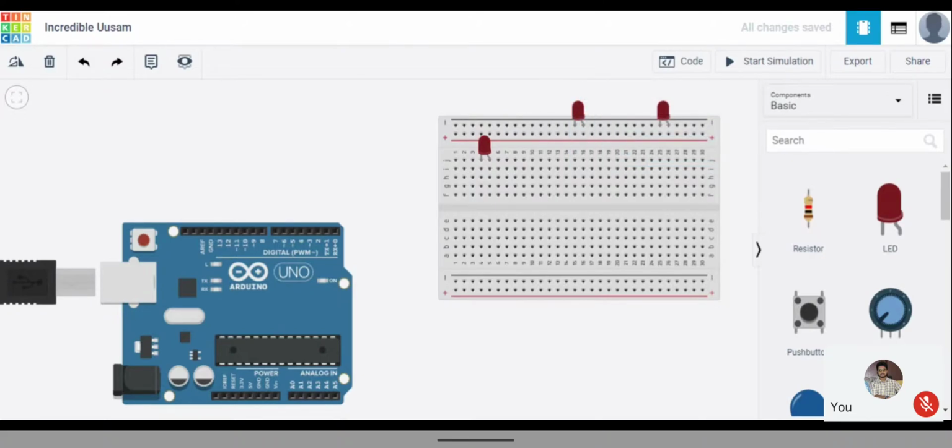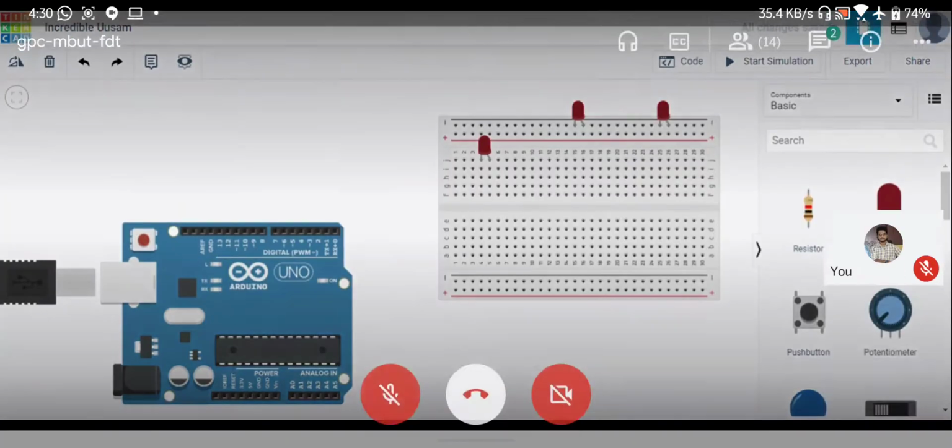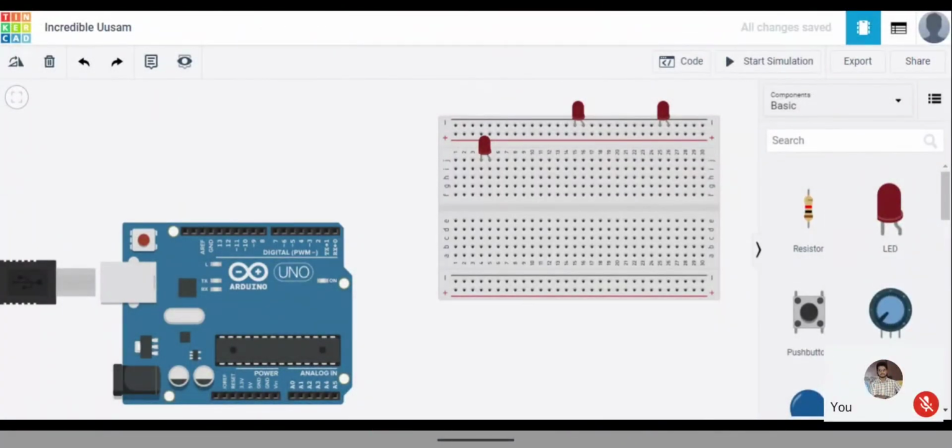Am I connecting them correctly? Sir, I can't see your screen, sir.